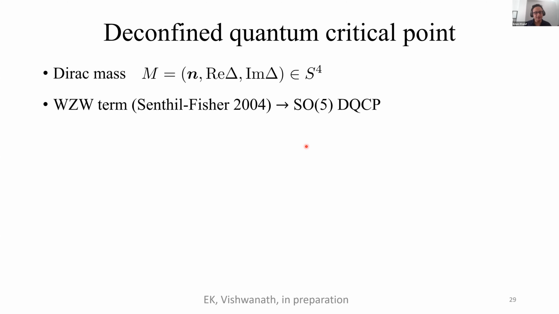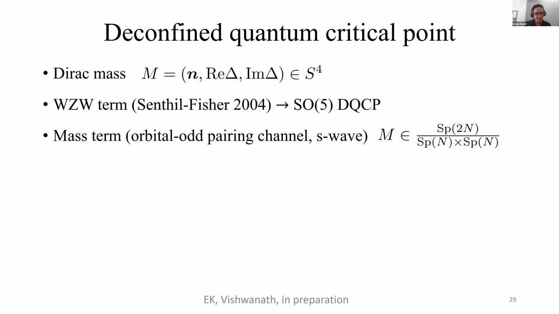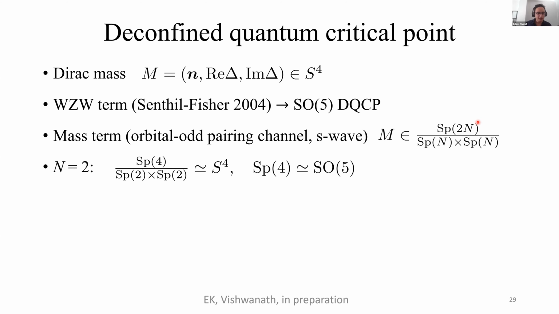So now let's see, is there a way to generalize this? And in fact, there is. If we select a specific superconducting channel, it's actually the one that is favored in this Dirac picture, what we find is that the proper generalization of this manifold is some symplectic Grassmannian manifold. And as a check, let's check just the simplest case, the SO5 case, to see if everything checks. So when n equals 2, this manifold indeed is a 4 sphere, S4. And the total symmetry of this theory, the SO5, is the same as SP4. The two symmetries also match.